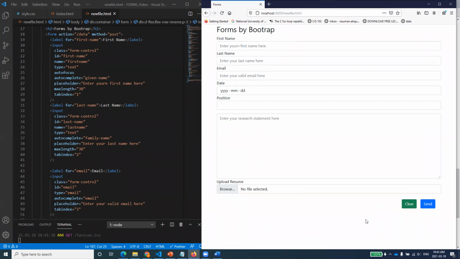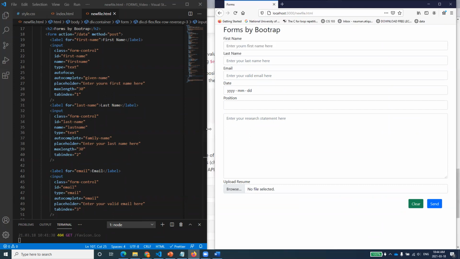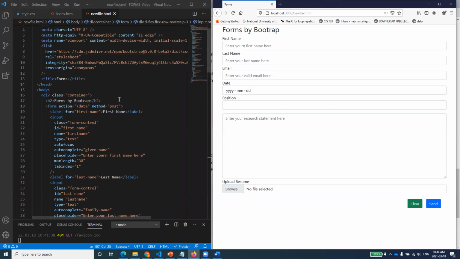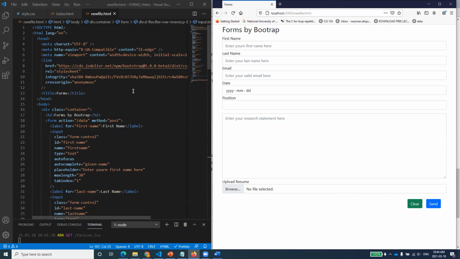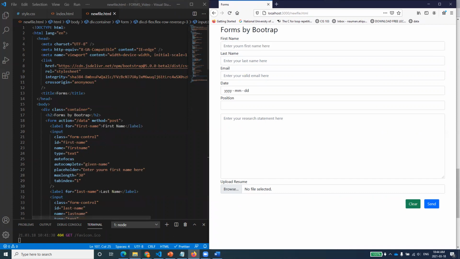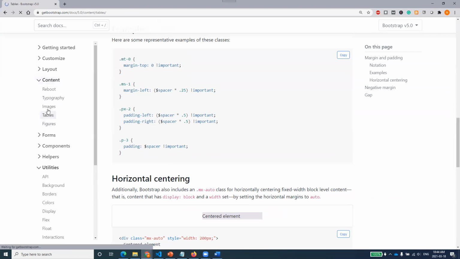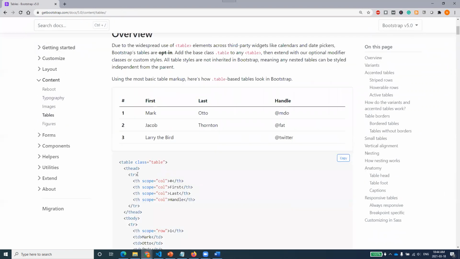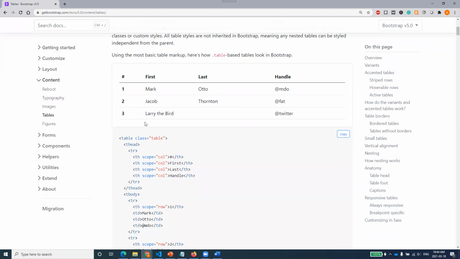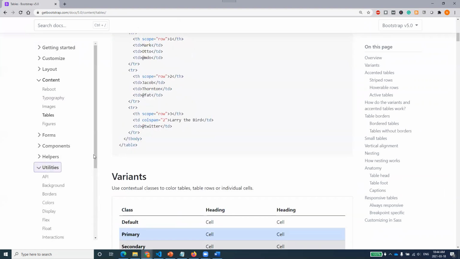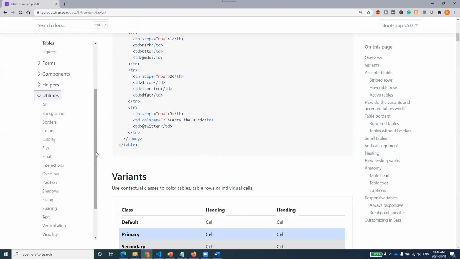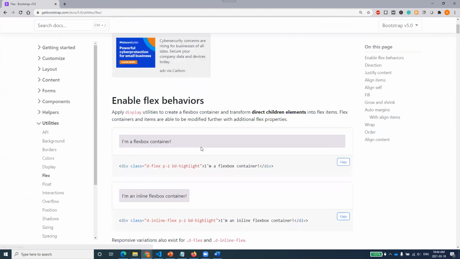All right, you can just look at it. I hope everyone has followed me, and I hope you now have a good sense of this Bootstrap. I will be using this Bootstrap maybe in next week's class as well for some more effects. But of course, you have this whole world open for Bootstrap, and you can go there and find content, tables, and how you can work on tables. It will be just a single click or single values, and your tables and everything will interestingly go into that. So that's Flex, it was in utilities. As I was saying, Flex is in utilities, so you can just find that.